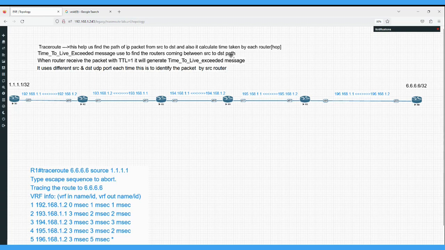So we can say that the time to live exceeded message is used to find the routers coming between the source and destination. Whenever the routers receive a packet with TTL 1, they will decrement it, they cannot forward the packet further, and they will send a packet with the time to live exceeded message to the sender. As in our case, the sender is R1 and the receiver is